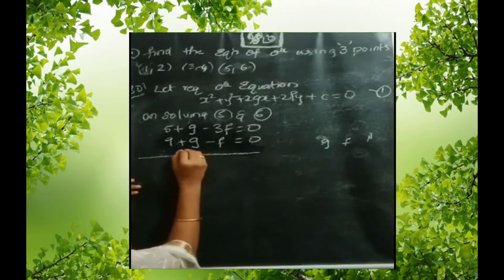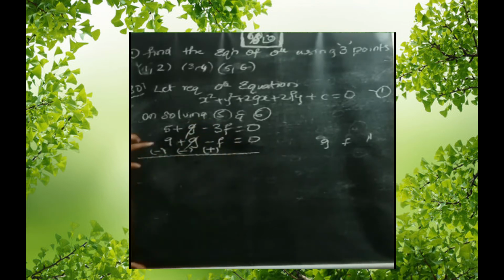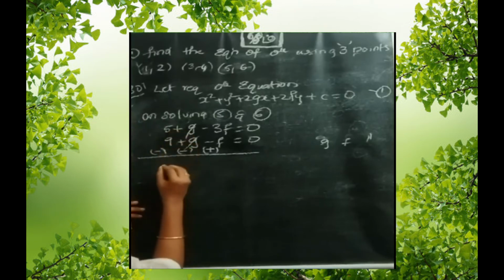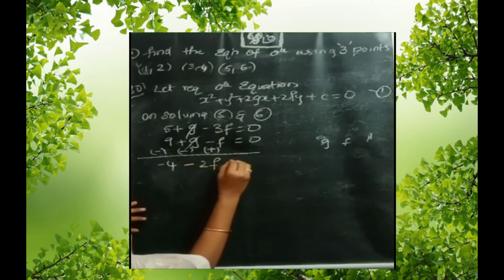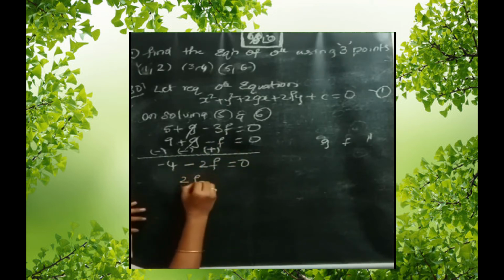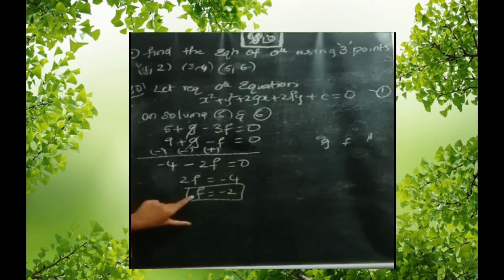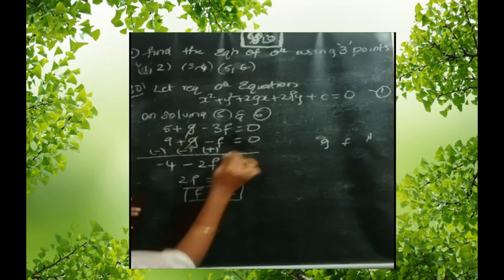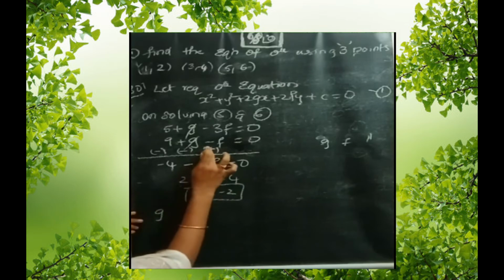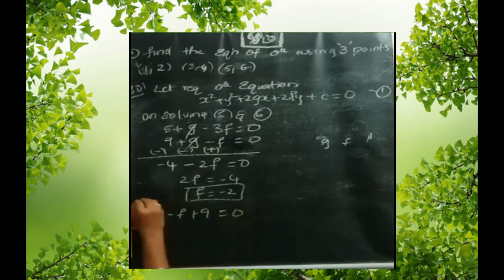Okay, now we'll go here. So minus, a plus is there, minus. g will get cancelled. 9 minus 9 plus 5 is minus 4. So minus 2f equals 0. So 2f equals minus 4, f equals minus 2. Now substitute f equals minus 2 in any of these equations, either in 5th or in 6th. Now I am substituting. This is easy because here multiplication is there. So g minus f plus 9 equals 0.